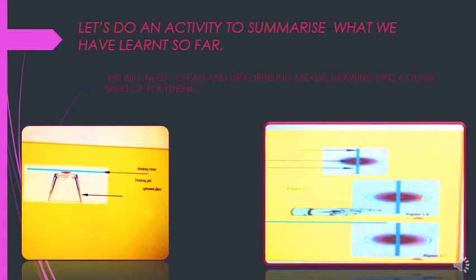So both will be in contact. Then the charge from the polythene will escape to the straw. Once it escapes, what will happen? The polythene will be positively charged and the straw will be negatively charged. When we bring them closer, they will attract because they are unlike charges. After that, they are telling us to keep a finger. So when we bring the finger closer to the straw, that will attract.